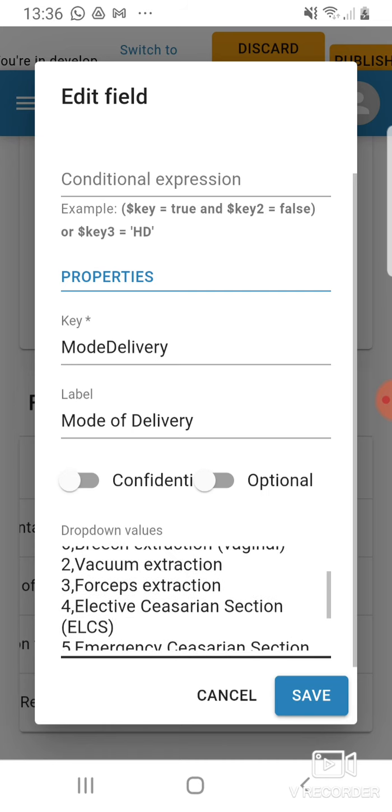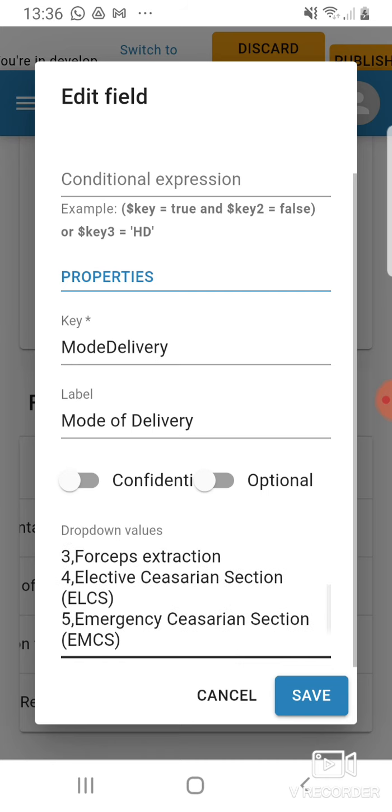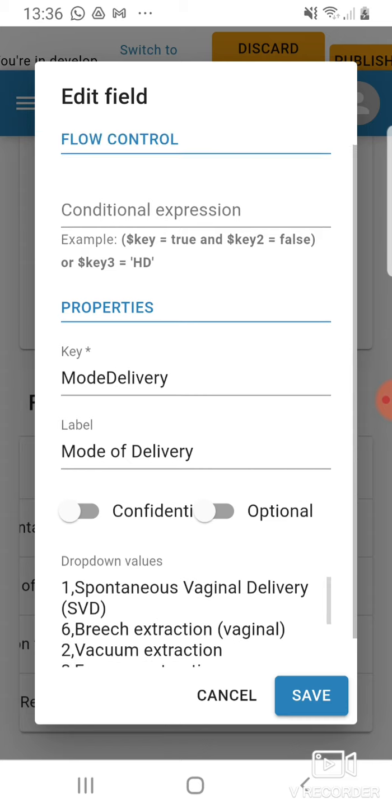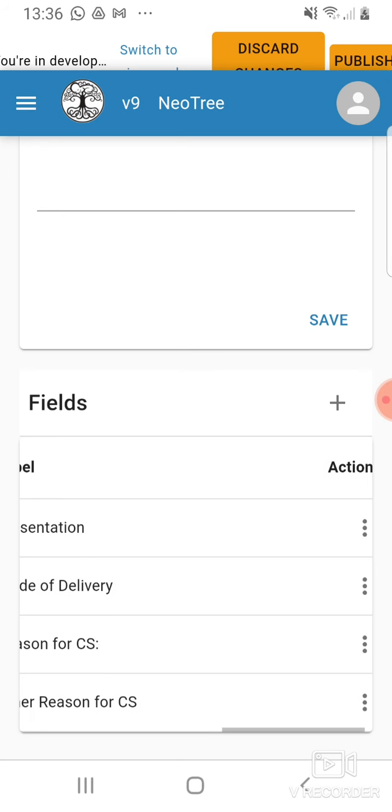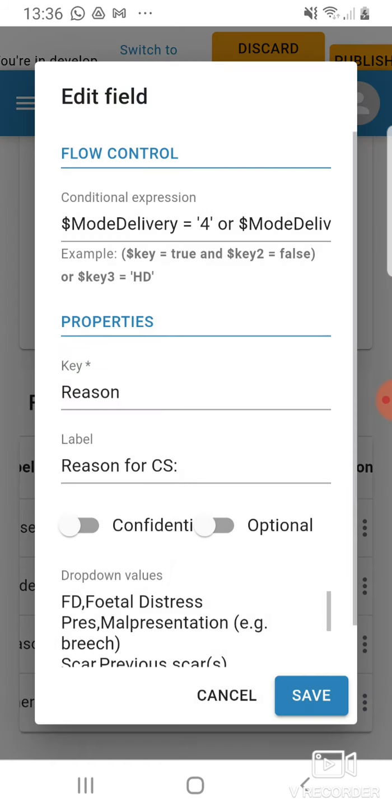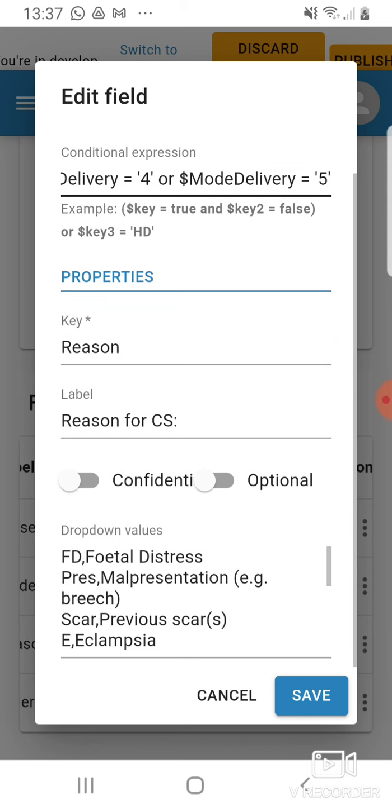And so we can see for caesarean section we've got 4, 5 and 7, and then if we cancel and we take a look at that conditional expression that we want to use here, for the reason for caesarean section we do have a conditional expression, and it says $mode delivery, which is referencing that mode of delivery data entry before, and it's saying if it equals number 4 or number 5, as in if it equals a caesarean section, either elective or emergency, then it's asking us to put in a reason,